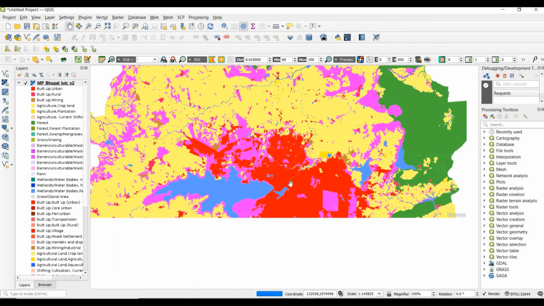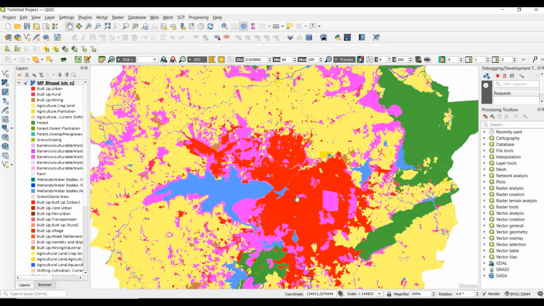That's why this is red color, because there is so dense urban area, and this is the lake. So this is another way of adding a layer from some other option other than our computer system.